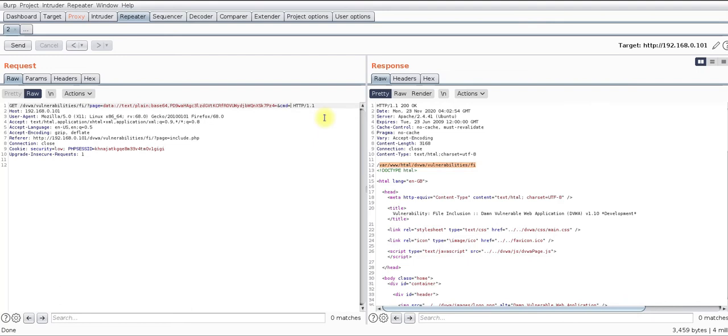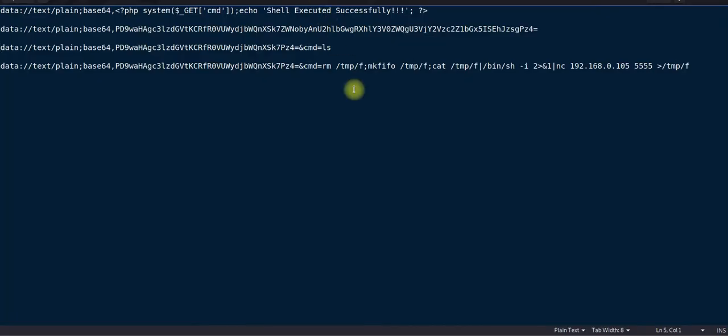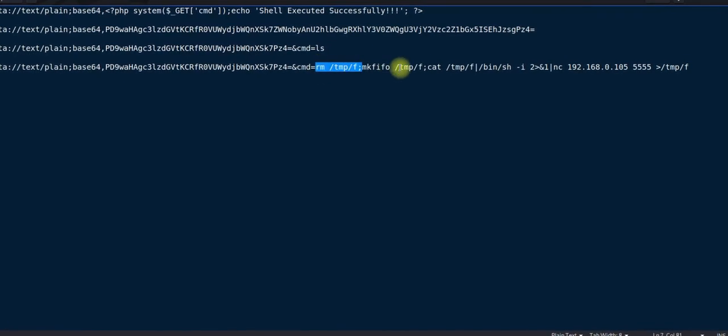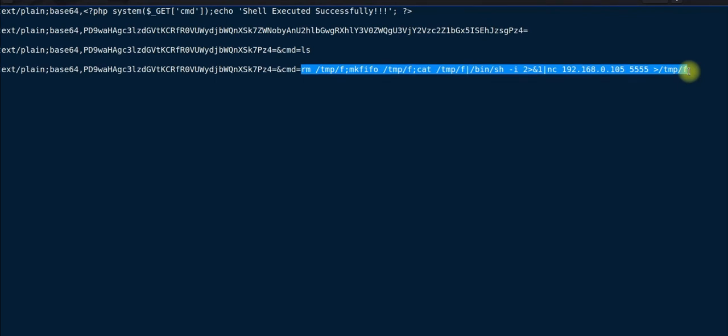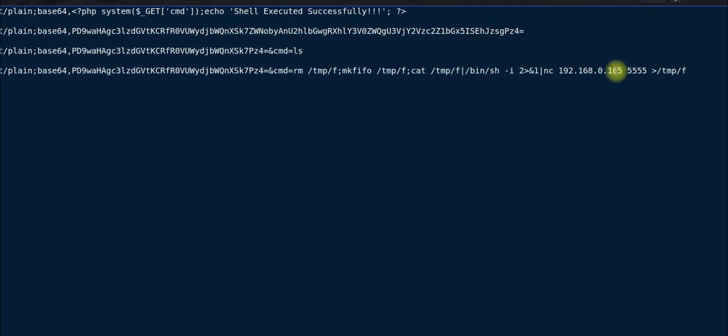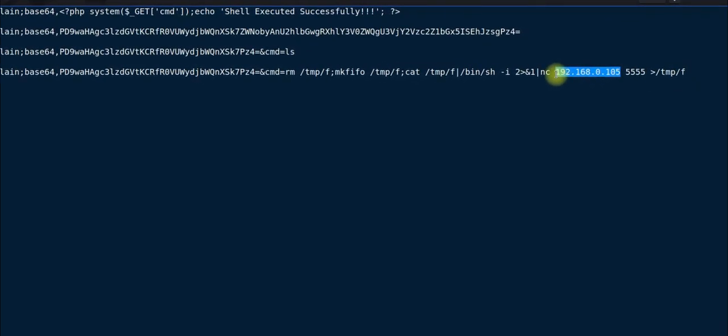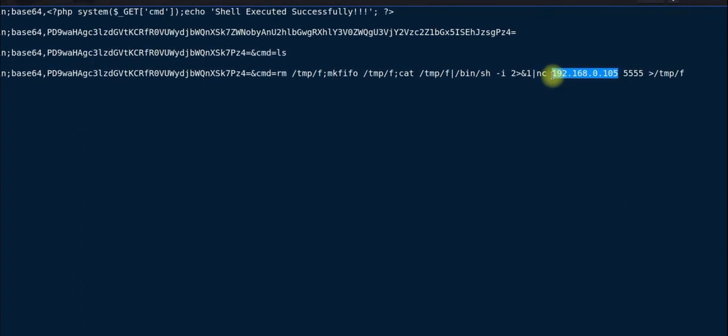Those are preparing especially for OSCP, CEH certification and other hands-on certifications. So what I did, I made a reverse shell, and I would like to listen to that reverse shell on port number 555, and this is my system's IP address.